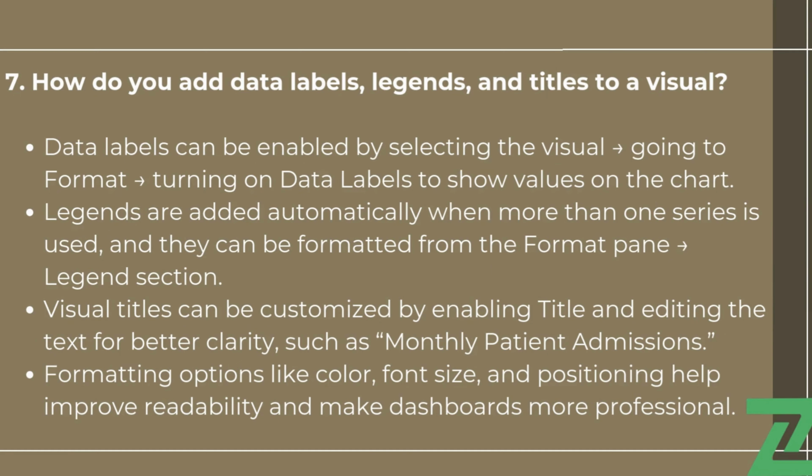Seventh question: How do you add data labels, legends, and titles to a visual? Data labels can be enabled by selecting the visual, then going to Format, then turning on Data Labels to show